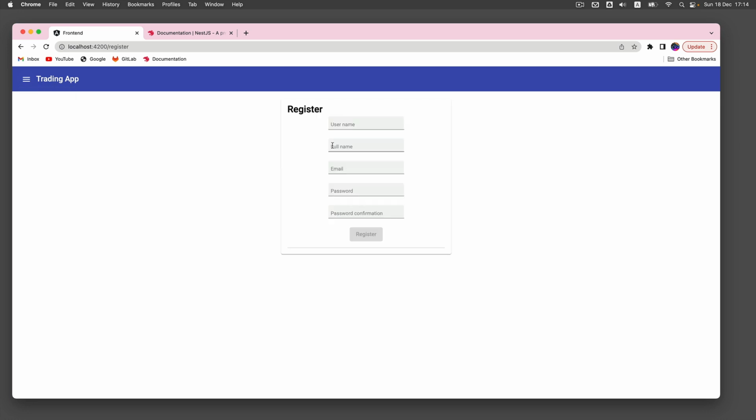So let's register a new user. I already have three users in the system, so I'm going to create a user 4. Let's call him user 4, and the name will be user 4, and the email will be just test4@test.com, and for the password we just call it simple, and we repeat it simple. And the register here was successful, so I can now log in with my new user. I can also do it from the menu here. So let's do it. So I go to user 4, and the password simple,